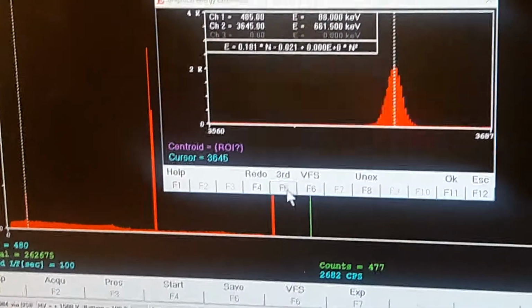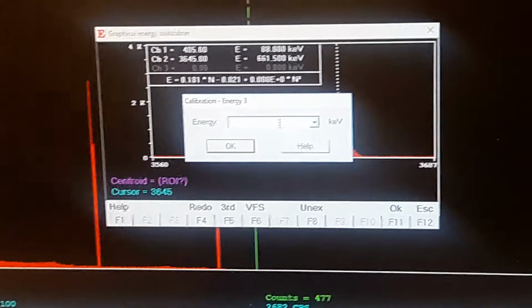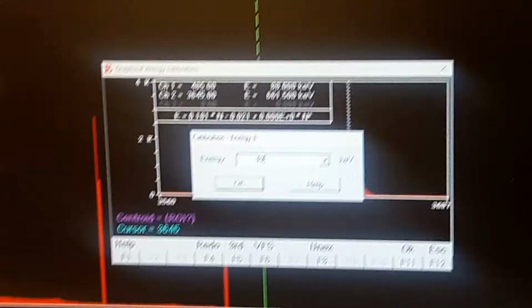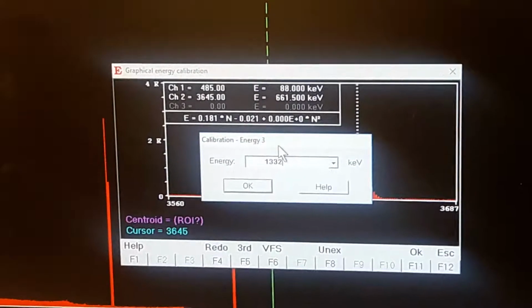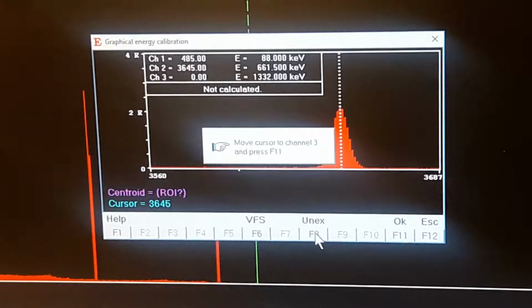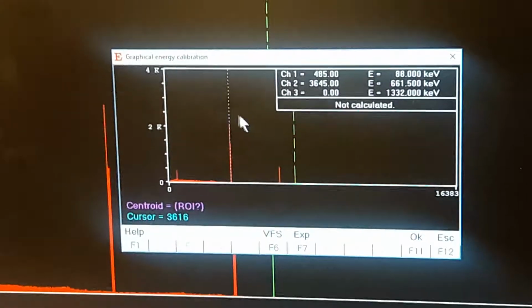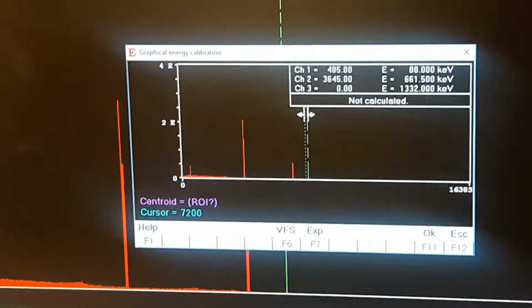So I'm going to do an F5, and now it's telling me what is the third peak energy. I'm going to take my second peak of my cobalt, 1332 approximately. I will say OK. Go into the unexpand mode, so I can see my final peak. Go to the vicinity there,